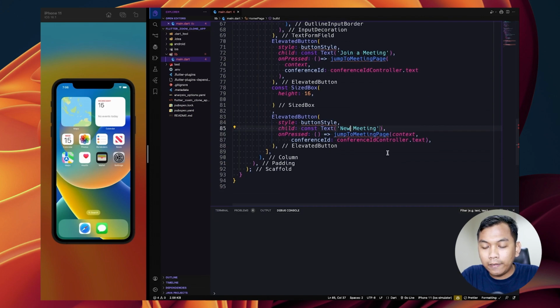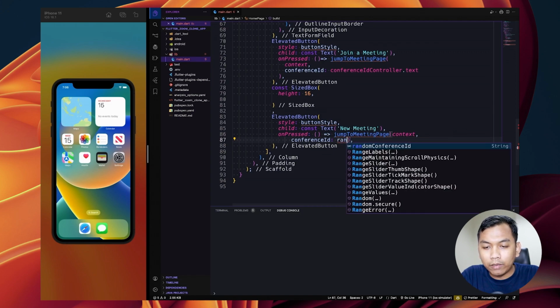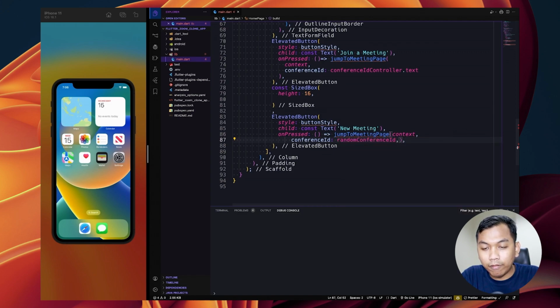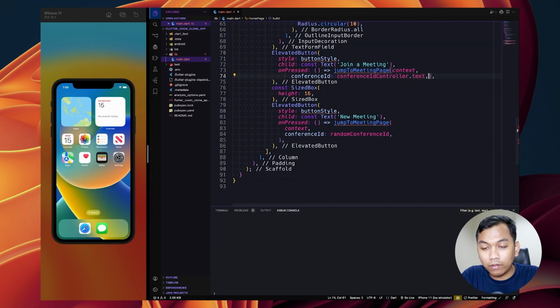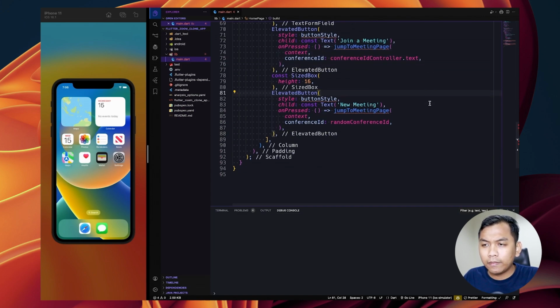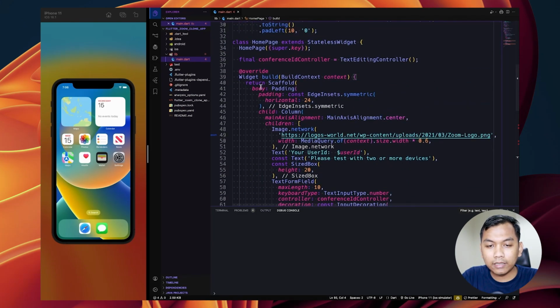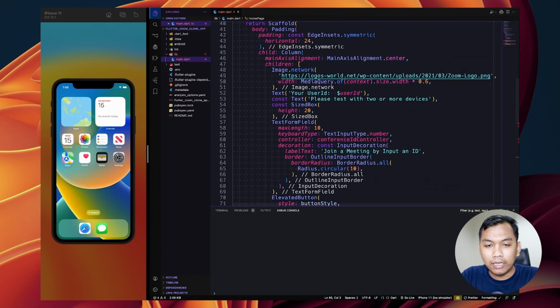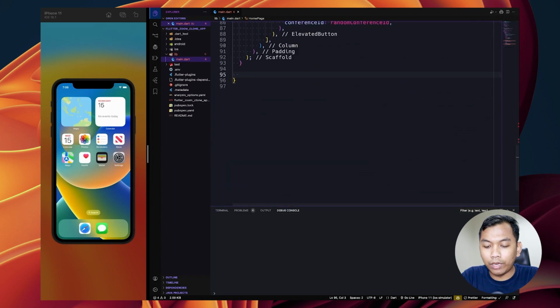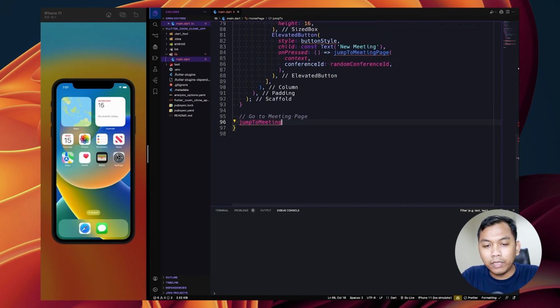Alright, and what we have here, we get from the random conference ID variable. Look like this. And outside this widget, still inside this homepage, we need to create a new method. Go to meeting page, and we will say jumpToMeetingPage.